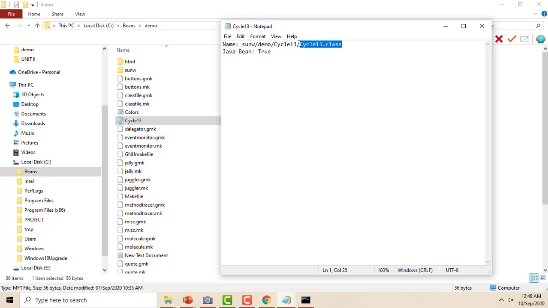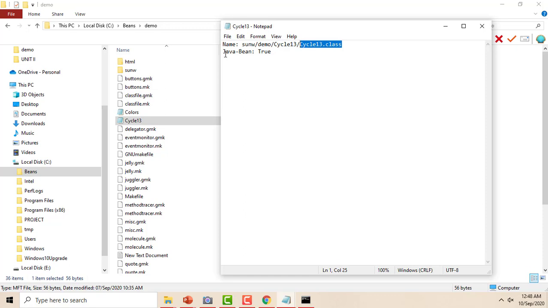For a simple Java program, we compile using javac and execute using java space file name. But in Java Beans, we compile the Java program for use as a bean, and it is not mandatory to execute using java space file name. For cycle 13, we have one .class file that is included in the manifest file.